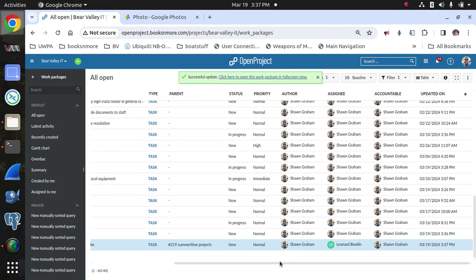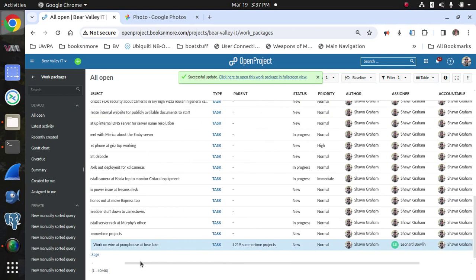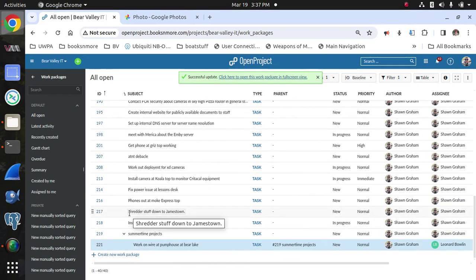In the end, it's very, very handy. It helps us keep track of what needs to be done, who's accountable for it, and then again, institutional knowledge as far as how we solve problems, and that information could very well be helpful for us in the future, especially when we're coming up on a month. There's a lot of routine stuff that happens at the end of the season. We can pull this up and say, hey, what were we doing last year at this time? Oh yeah, we got to do this, we got to do that. Just keeping track of